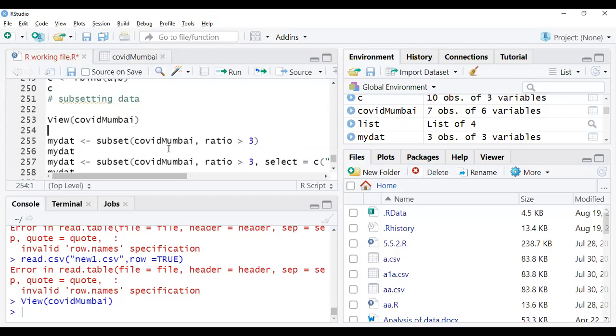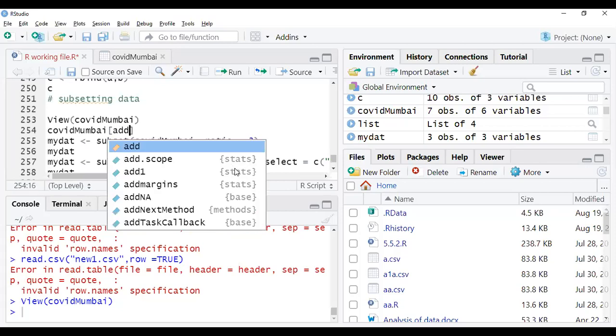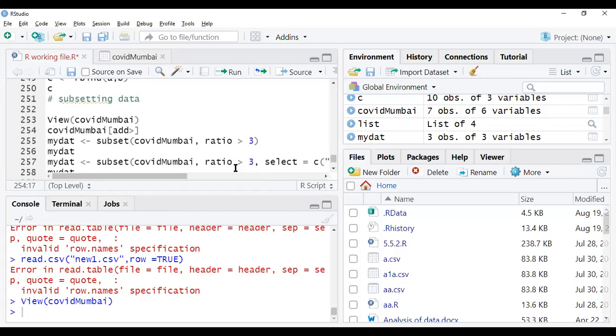But suppose I work like this, just trial and error, whether it works or not. COVID data, and in COVID data, I am interested in, let's say, add greater than 3. Suppose this is what I'm interested in.